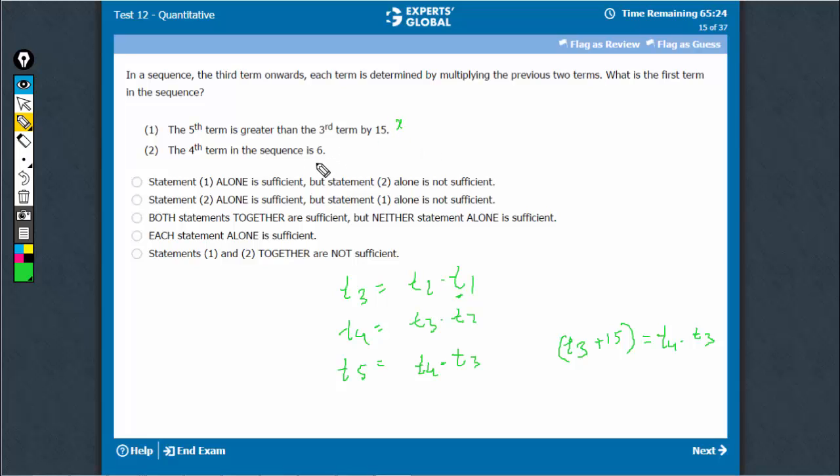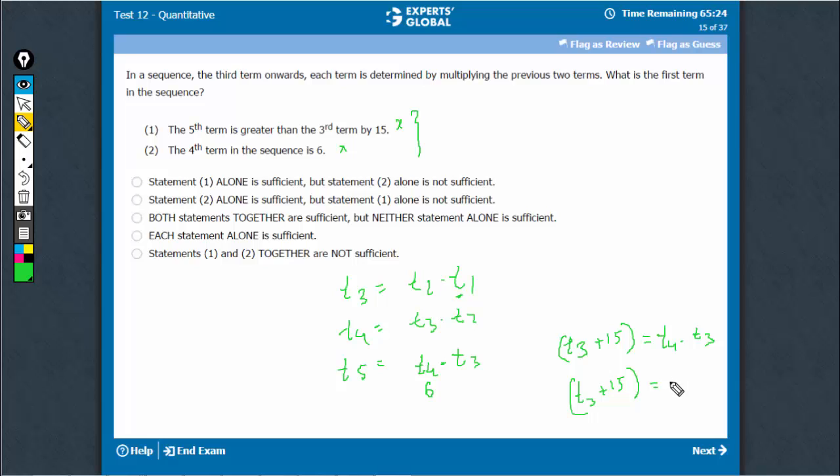Come to statement 2, this says the fourth term is 6. So this only says that T4 is 6, therefore nothing much can be said about T1 on the basis of this information, not sufficient. So now on combining, we know that T4 is 6, so T3 plus 15